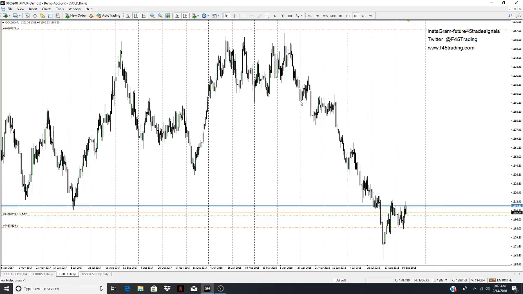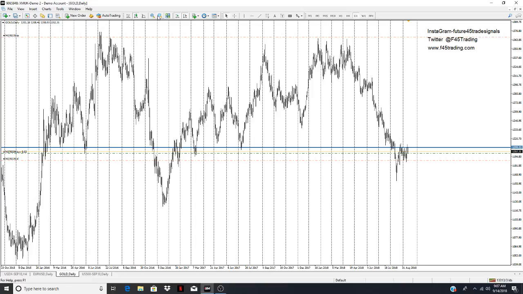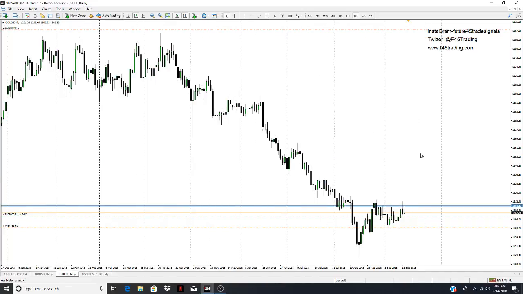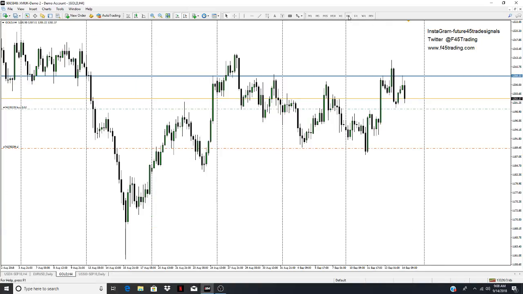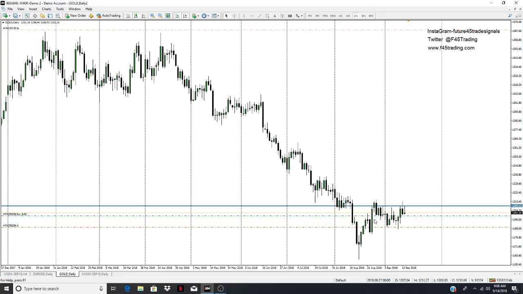Gold, I'm still looking for a little bit higher prices on this. I tested the waters on a demo account back a ways. I don't even remember where the trade was. I want to say it was right in this area late last week, and we came down. My stop was originally down here. I moved it up a little bit since we took out this low and we rejected it and started moving back up. But we have this